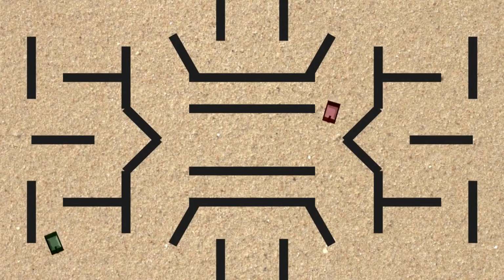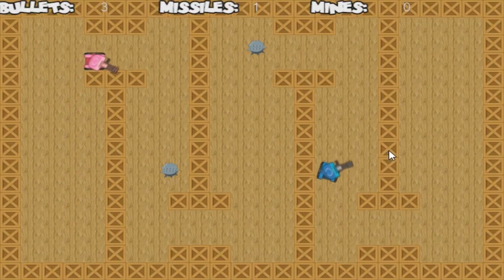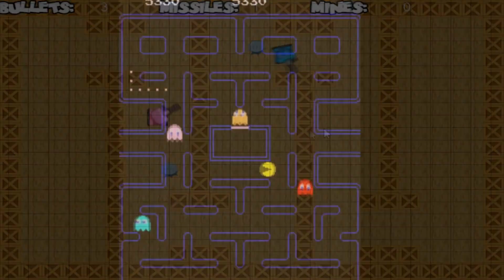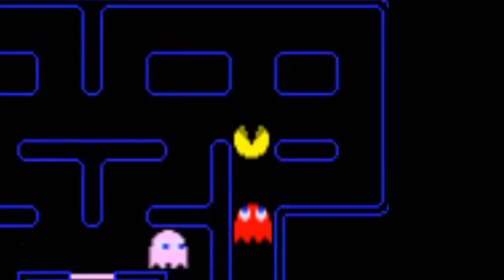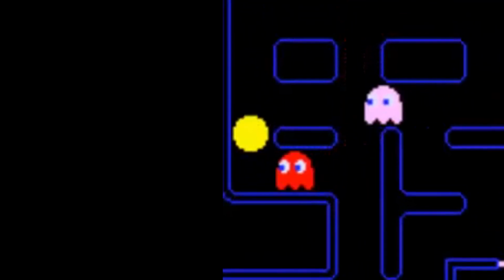Most top-down tank games use pathfinding so that the enemies can get to the player. These usually use a square grid, using each square as a node, which is what I'll be showing you today. Blinky, the red ghost in Pac-Man, also uses pathfinding, using the player as an ever-changing goal to chase him around